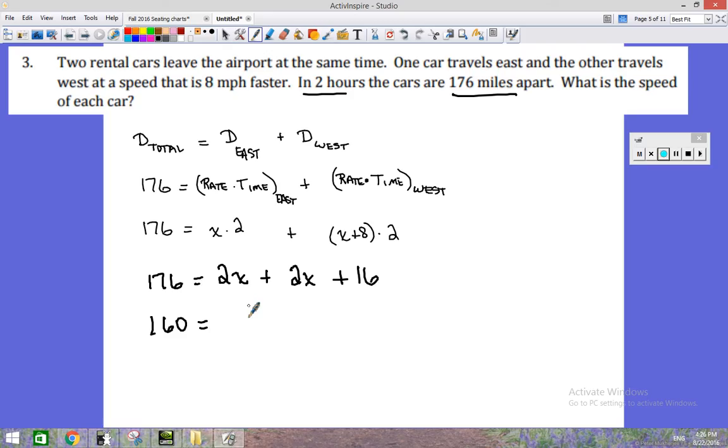If I subtract 16 from each side, if I divide by 4, I have that the eastbound car is traveling at a rate of 40 miles per hour. And the other car is traveling faster, the westbound car. It says the other car travels west at a speed that's 8 miles an hour faster. So if we add 8,